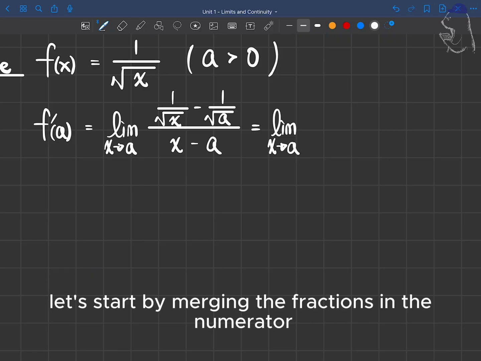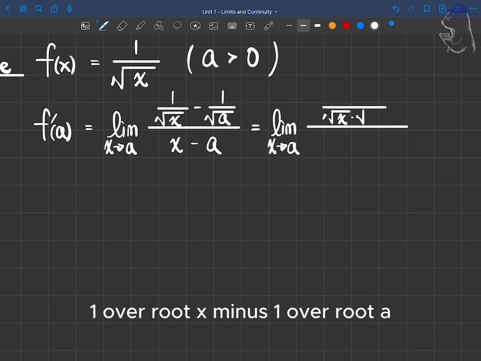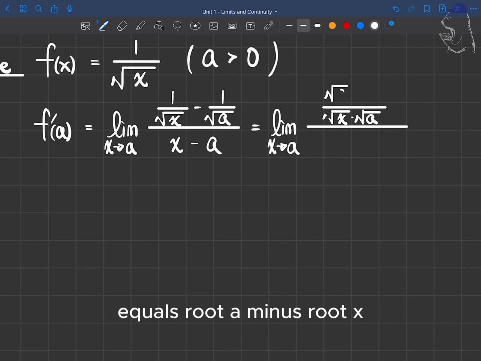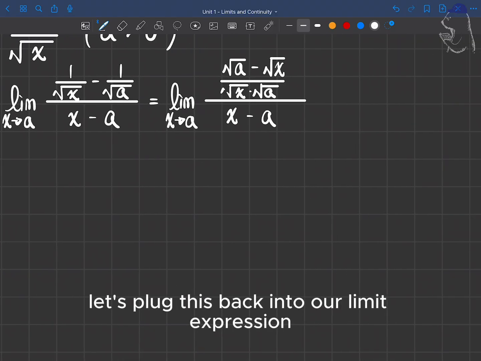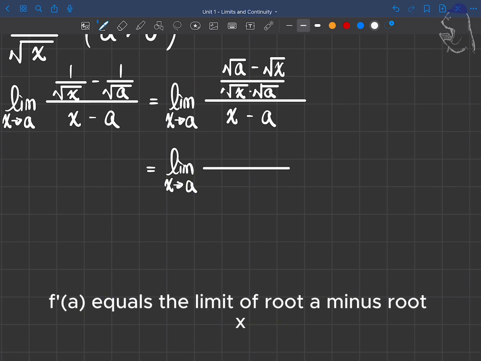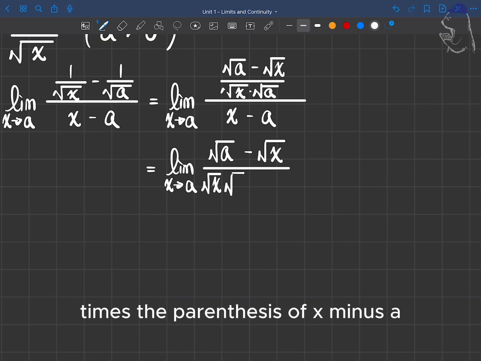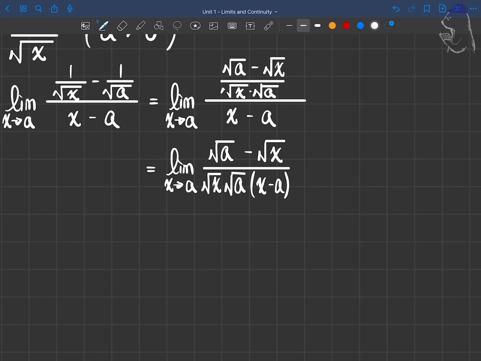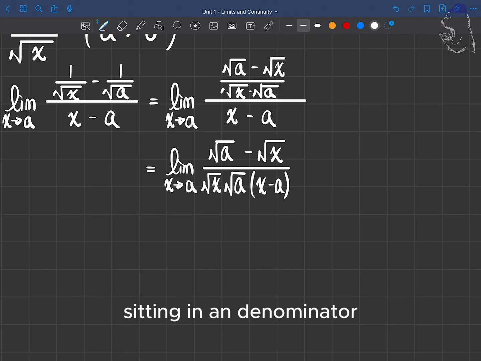Let's start by merging the fractions in the numerator using a common denominator of root x times root a. 1 over root x minus 1 over root a equals root a minus root x divided by root x times root a. Let's plug this back into our limit expression. F prime of a equals the limit of root a minus root x divided by root x times root a times the parenthesis of x minus a. This looks slightly better, but we still have a problematic x minus a term sitting in the denominator, causing our